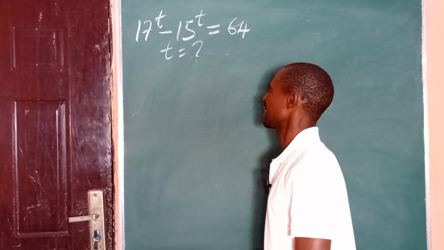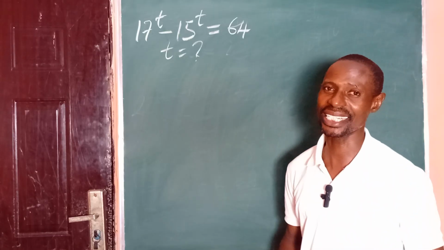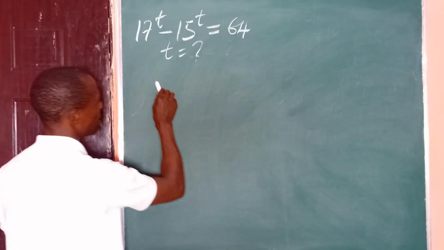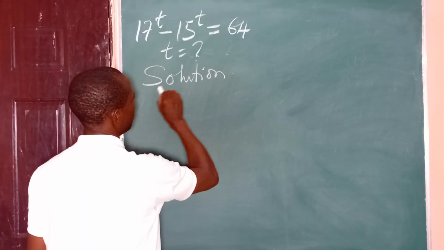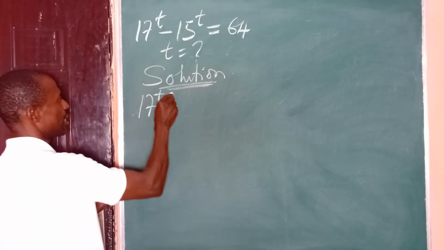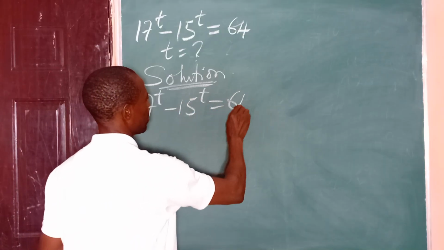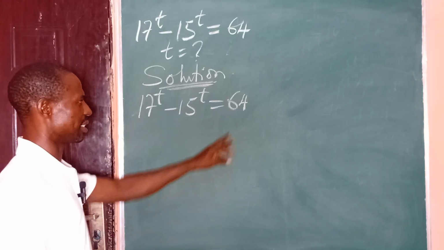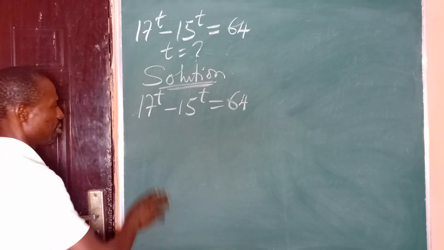We have this exponential challenge before us here. The question is 17 to the t minus 15 to the t equal to 64, find the value of t. We're going to use a very swift method to solve this. From here we have our 17 to the t, then minus 15 to the t equal to 64, right? We just have to look at the factors of 64, two of them that we can